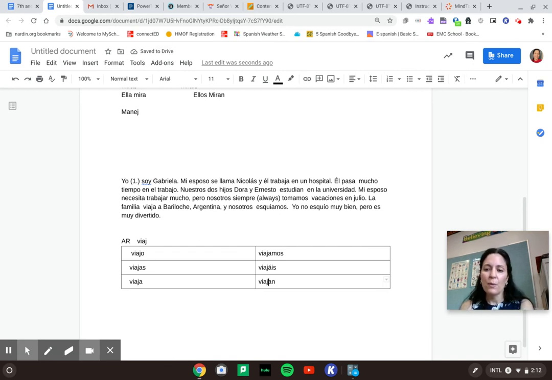So this is what you'll be working on with your MindTap this week. And you would just have to, again, identify your verbs and then do your practices. And we will do more in class on Tuesday with conjugations. Muchas gracias, clase.